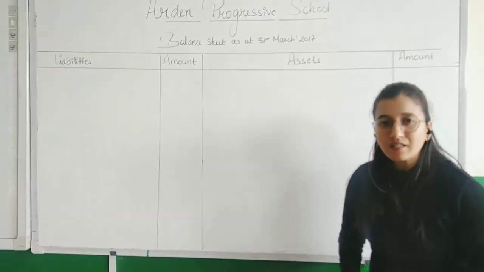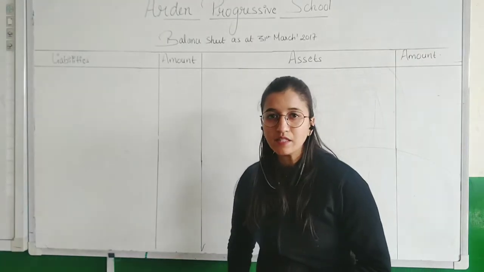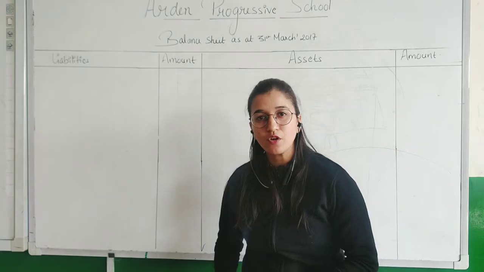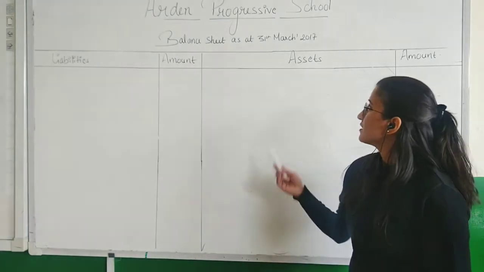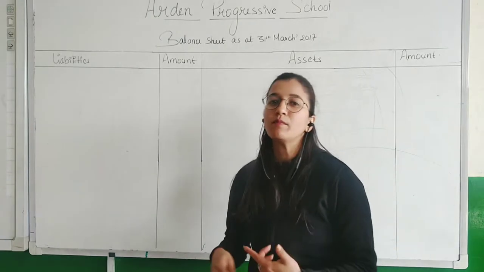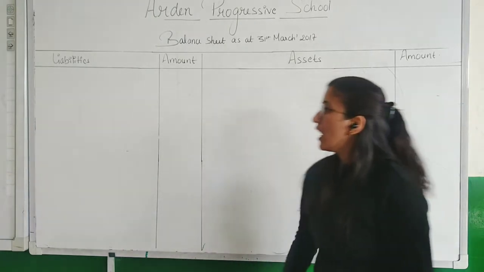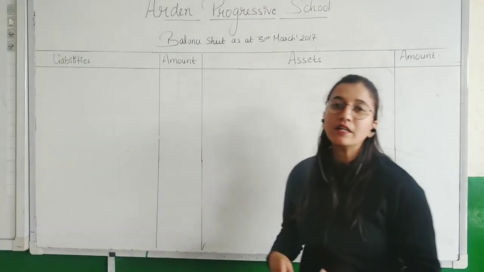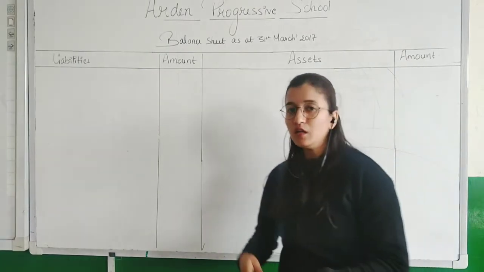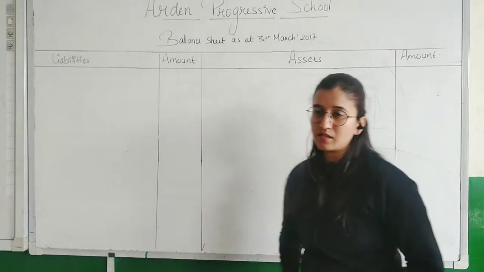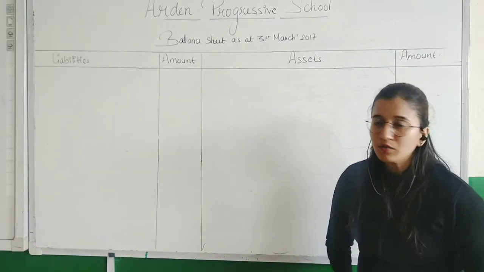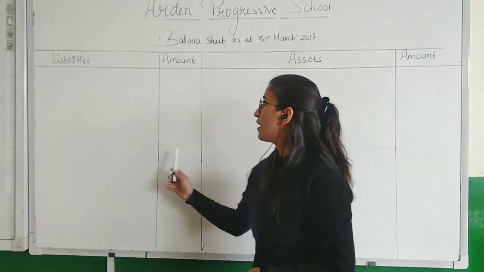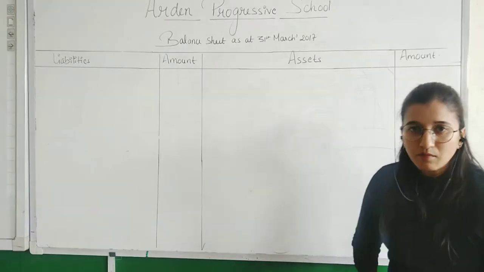So a balance sheet basically consists of two things: first is assets and liabilities. In the previous session, we discussed the classification of assets and also the classification of liabilities. Assets are the things which can be converted into cash or the benefits of which we get in the future. Liabilities which will have to be paid within a year are current liabilities, and the amount which is to be paid after 1 year is considered as non-current liabilities. So here we will discuss the format first. The format of a balance sheet consists of 4 columns: liability side, amount, asset side and amount.